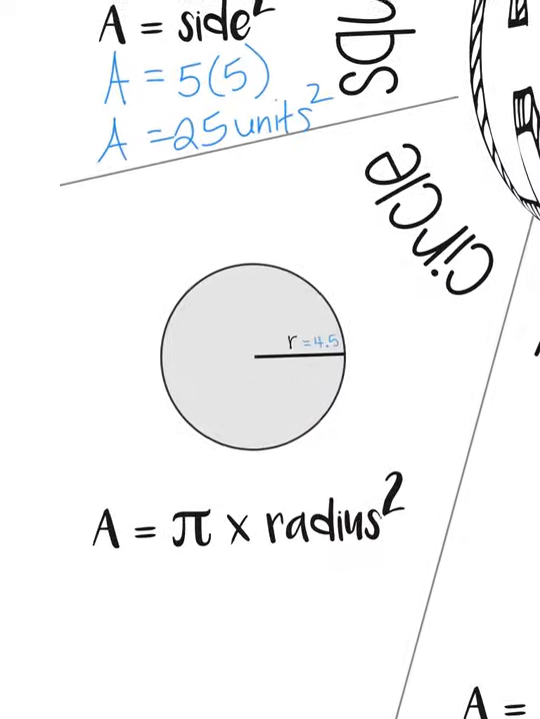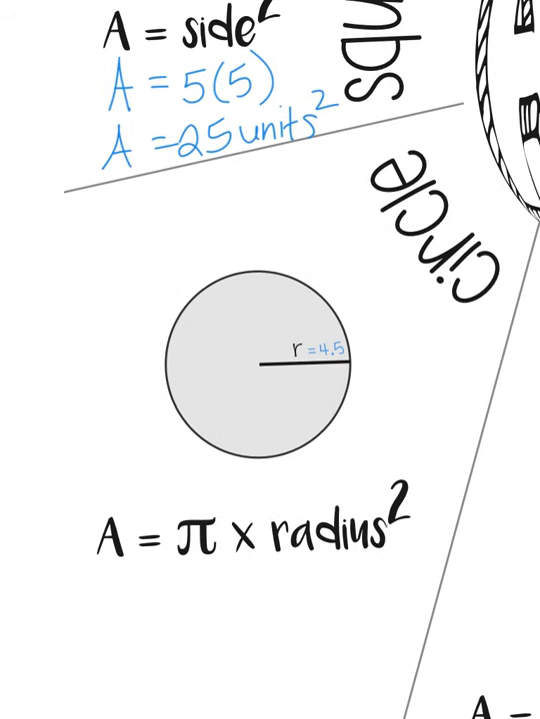So moving on to the circle. The formula for my circle is area equals pi times the radius squared. So the radius is only halfway across the circle, so make sure that that's the number you have. All the way across the circle is the diameter, and we don't need the diameter. Okay, so we're going to use 3.14 instead of pi